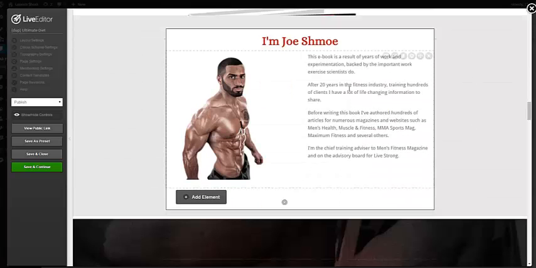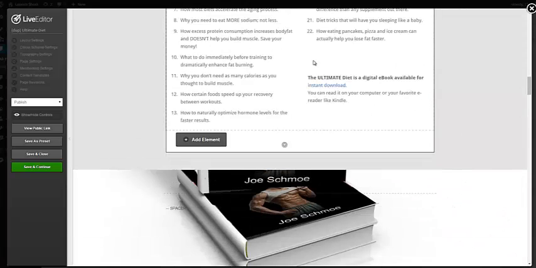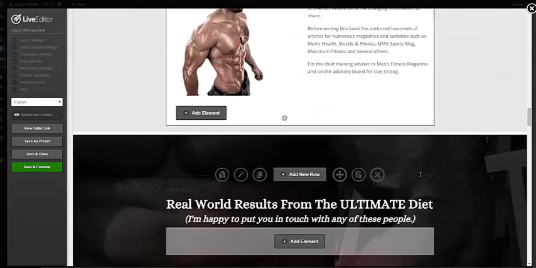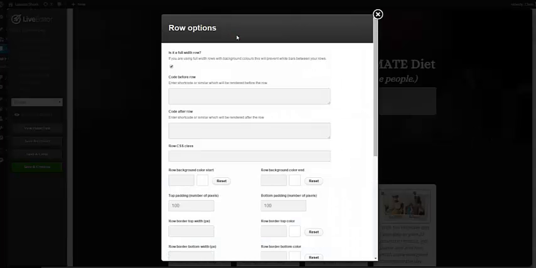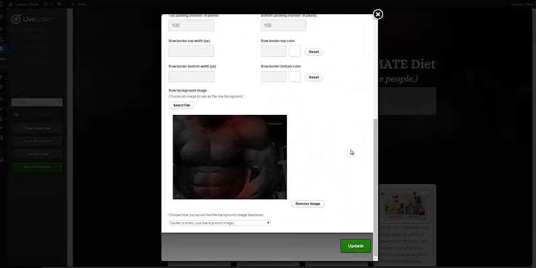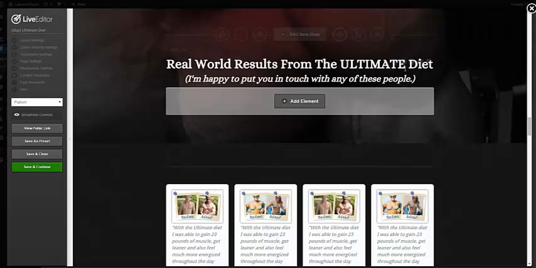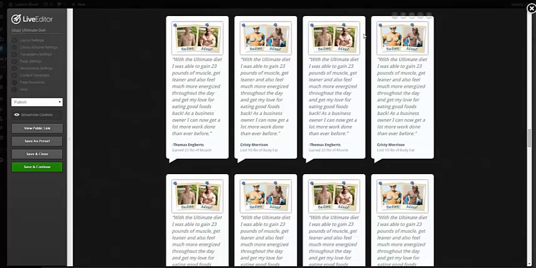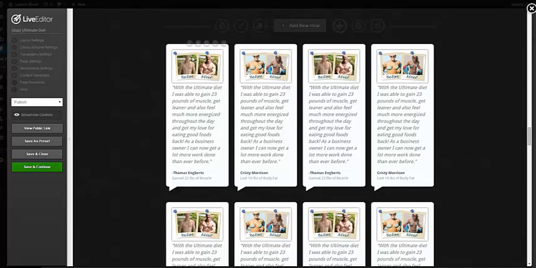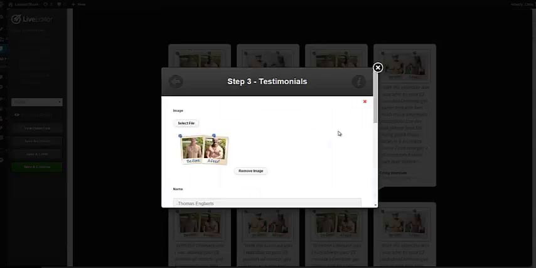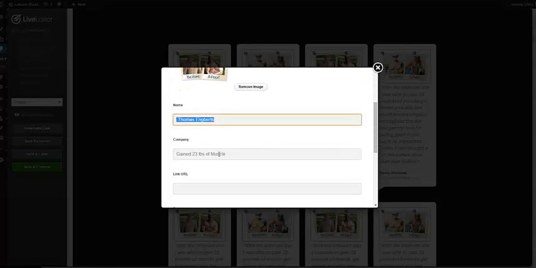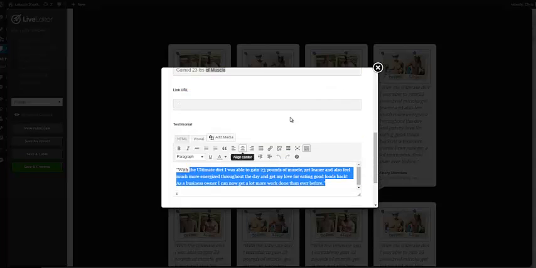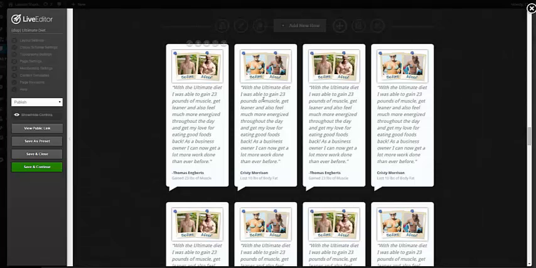So continuing on, this is the same kind of box as this one up here. This down here is all editable. So you would just click here, change the background image, put your own background image. You can click on this headline, change that. Here are the testimonials, and you can just click on a pencil, go in here. This is just an image. You can remove that image, put their name and all their stuff in here,